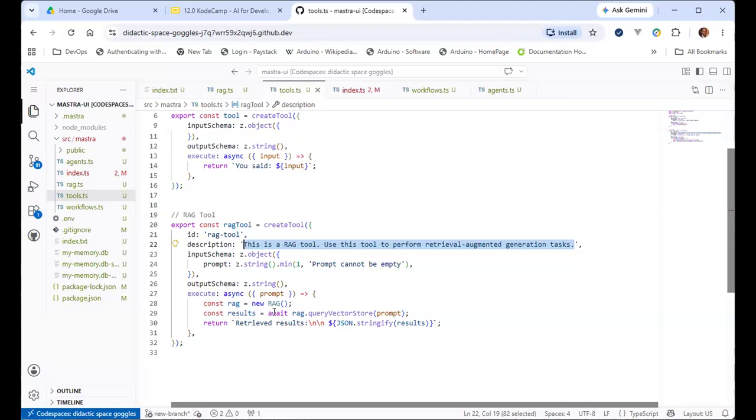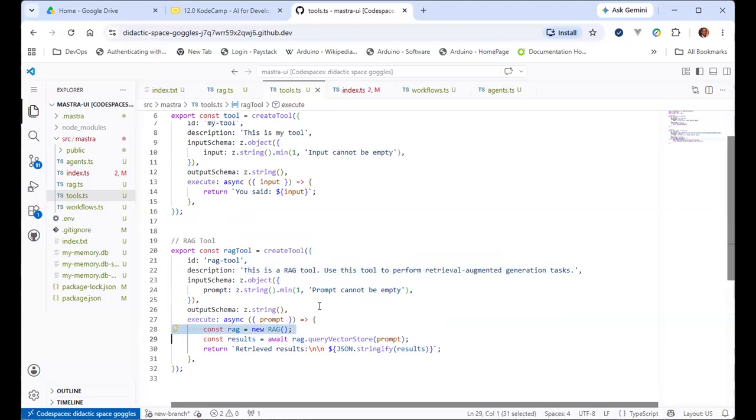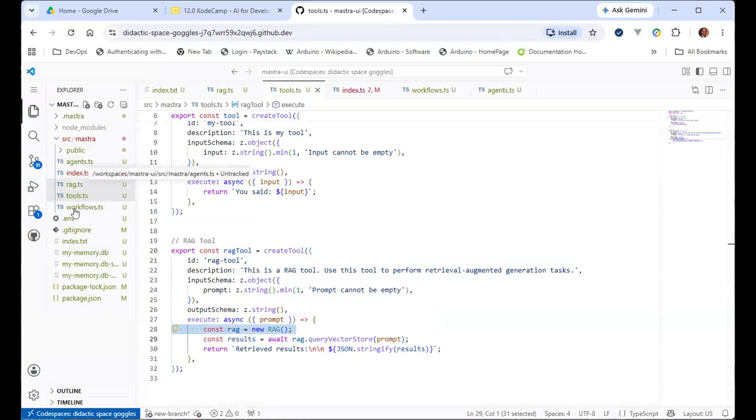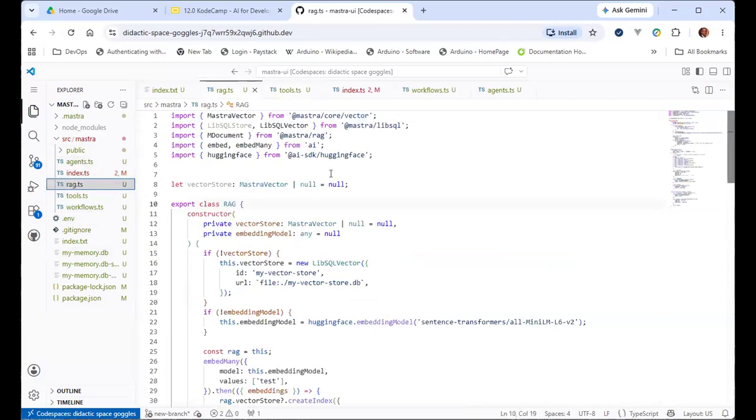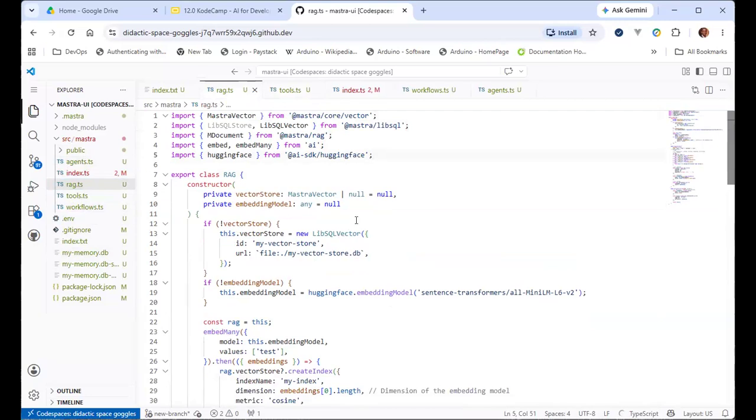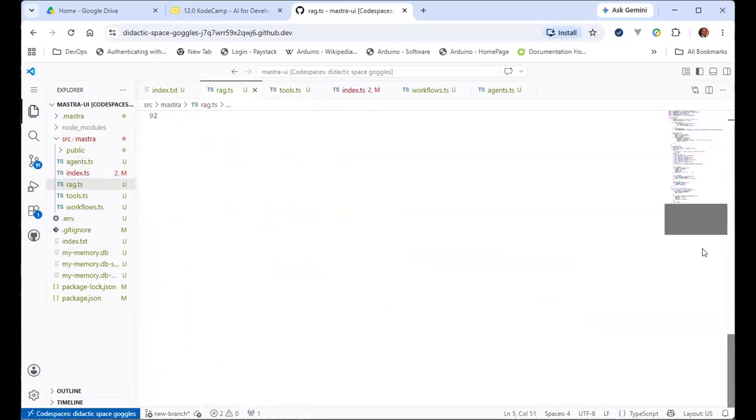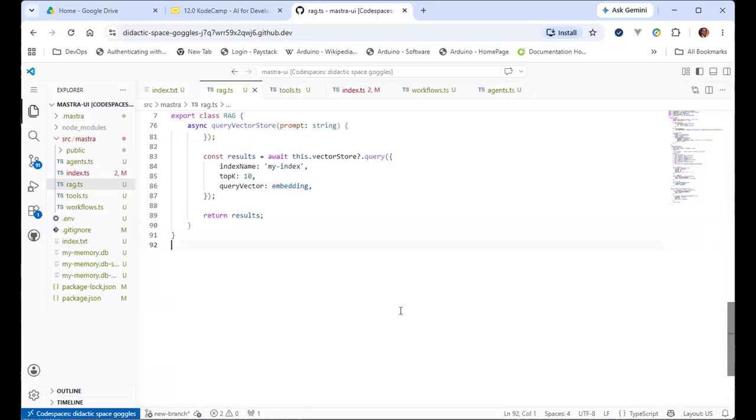Ideally, I would not create a new RAG every time. So this wasn't properly done. Ideally, for something like RAG, you want to create what we call a singleton, right? Create a single RAG that you initialize and we will reuse that RAG. Okay, so we can actually put it here and say, okay, singleton